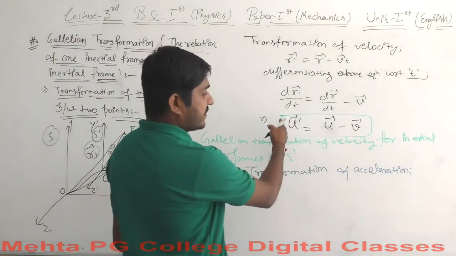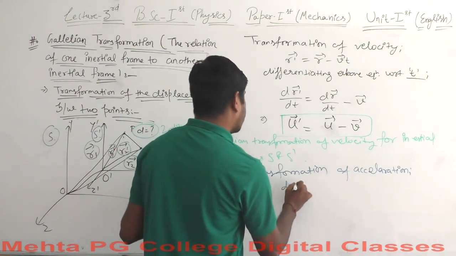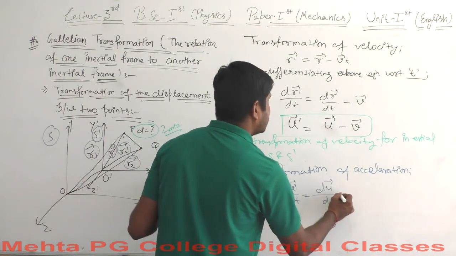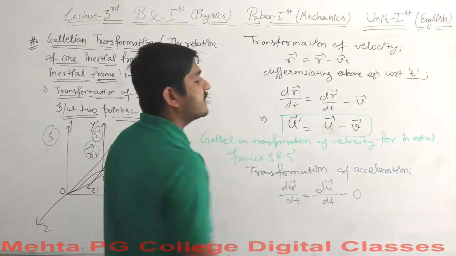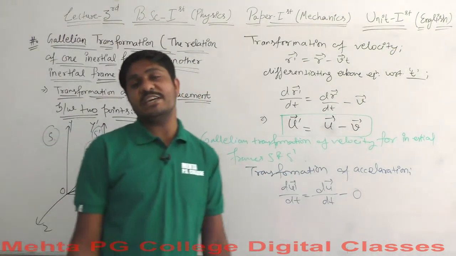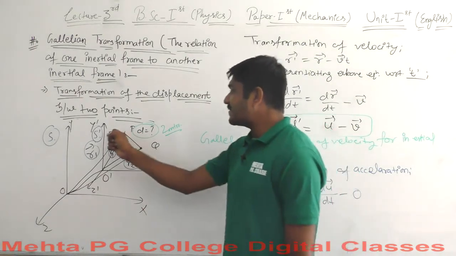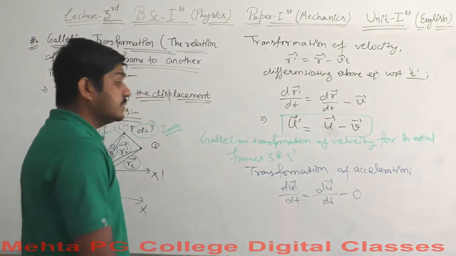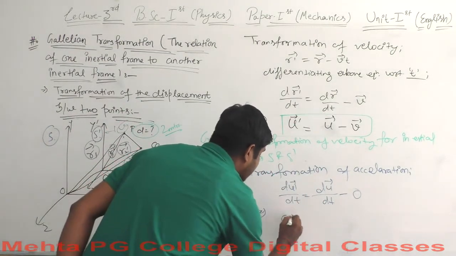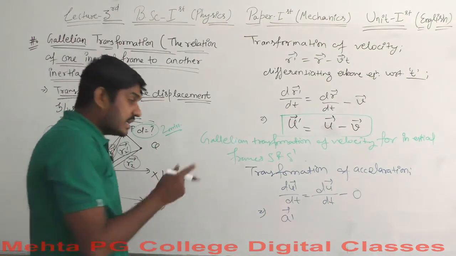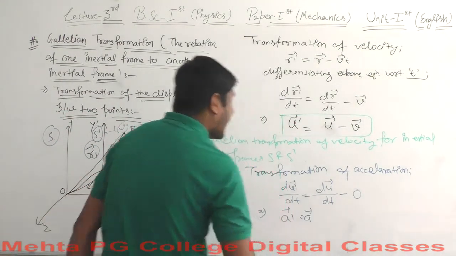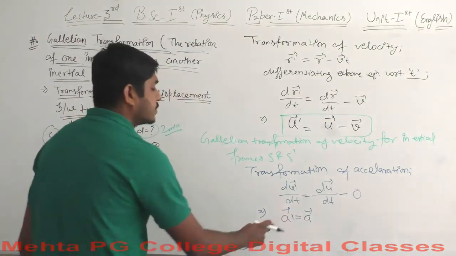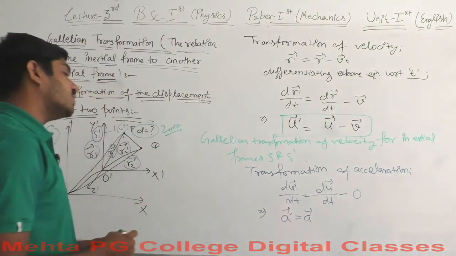Acceleration. So we will differentiate this equation again. So we will have du dash over dt is equal to du over dt minus this, which is again 0, because these frames are following the law of inertia. That means this frame is moving again with a uniform velocity v. So this should be equal to 0. So what will we end up having? We will end up having a result saying a dash vector is equal to a vector. So this is what we are supposed to come up with.